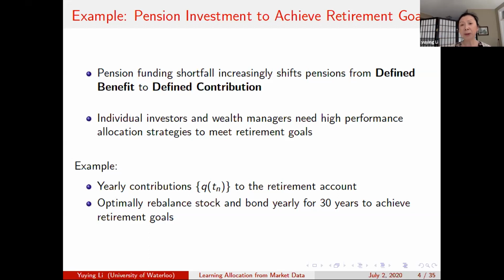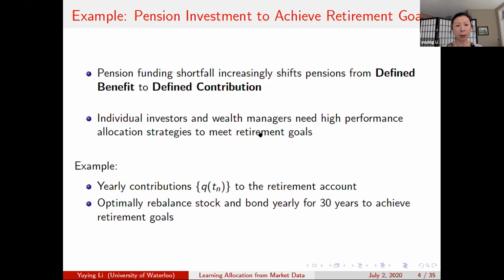And in North America, there is a large shift for pensions to go from defined benefits to defined contribution. And this means that individual investors, as well as wealth managers, are interested in finding high performance dynamic allocation strategies to meet the retirement goals or